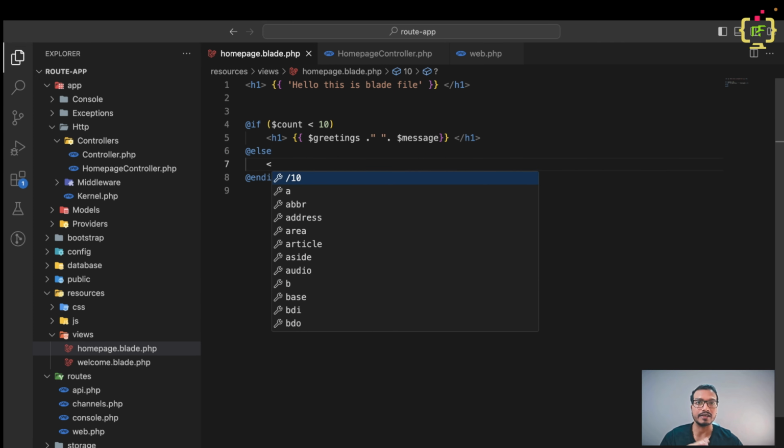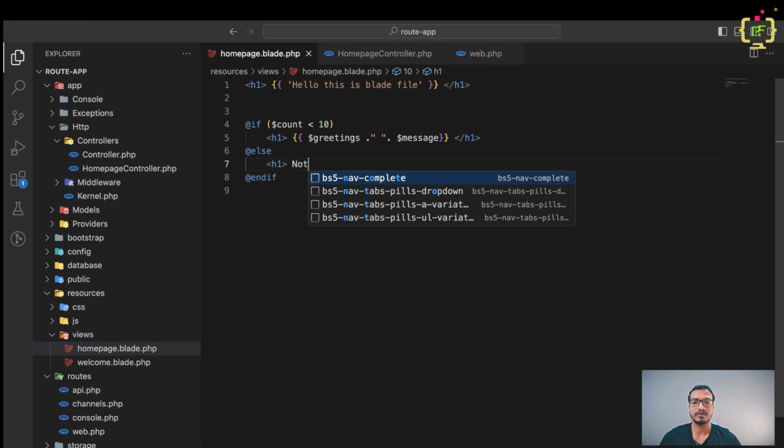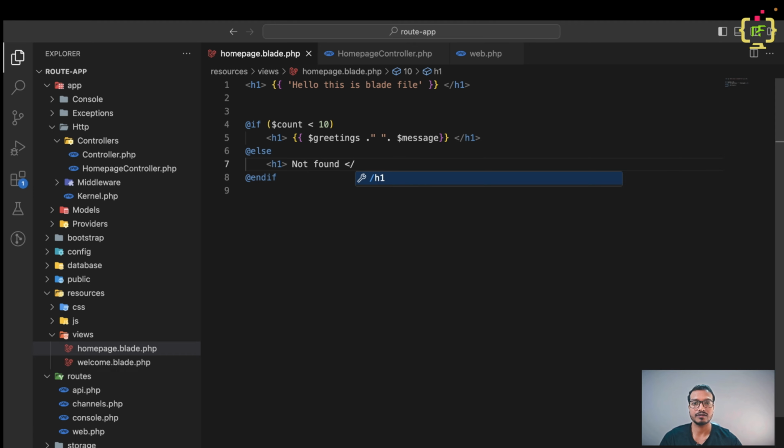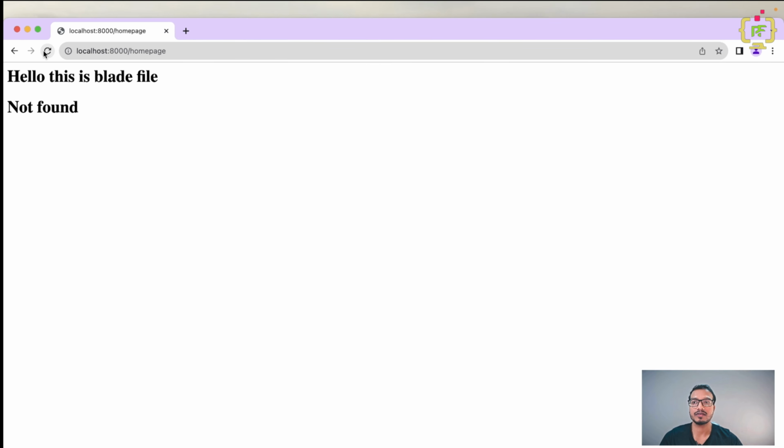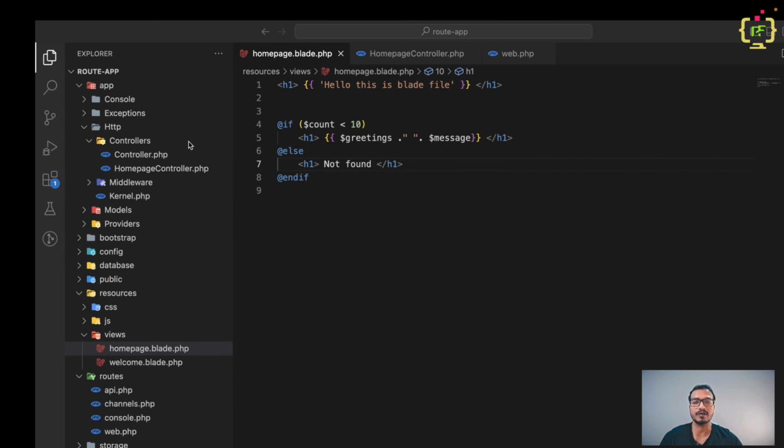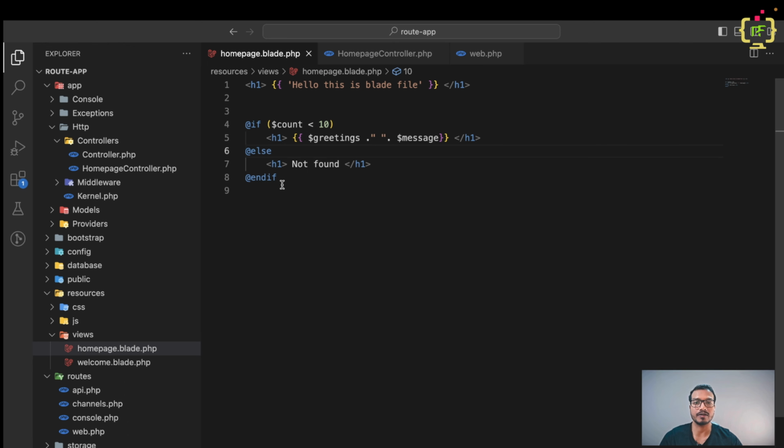Here we can display any else block message just like h1, "not found". Currently it goes inside this else block. So this is the if and else block. Also, if you have more than one condition, and you want to write more than one conditional statement,